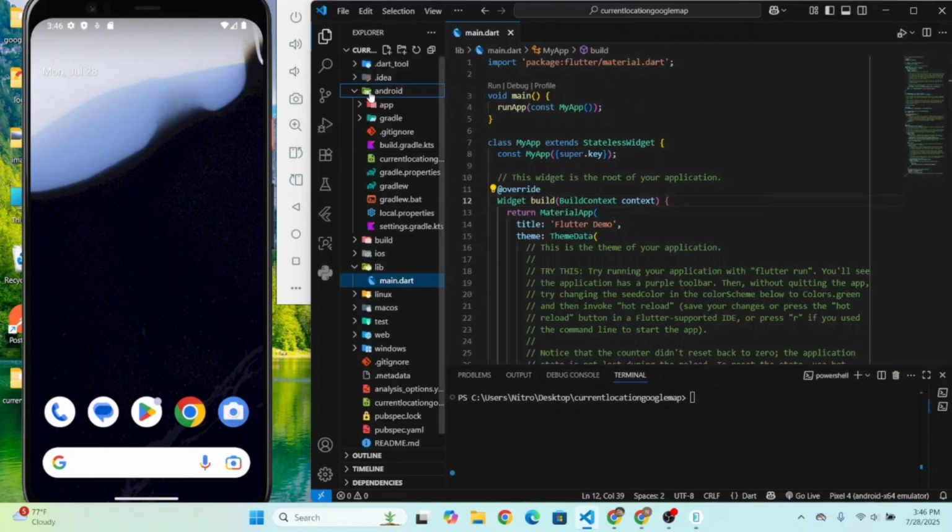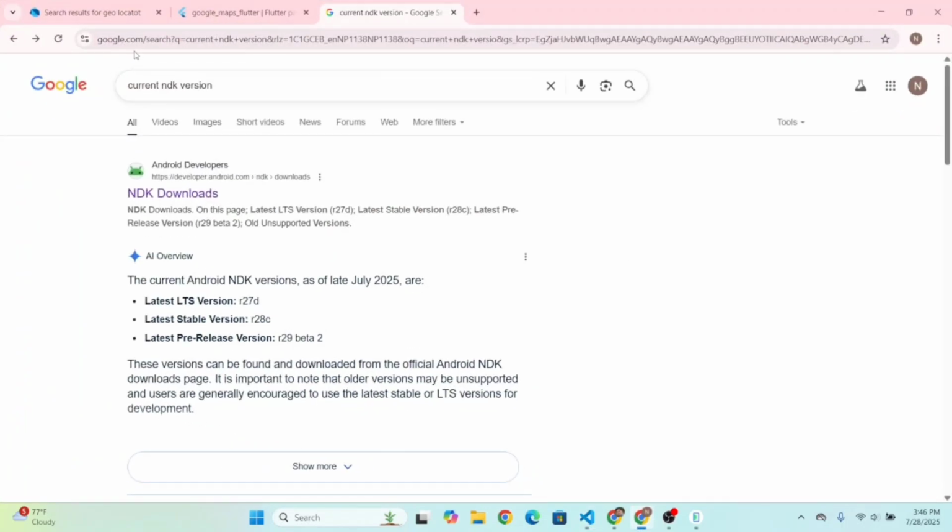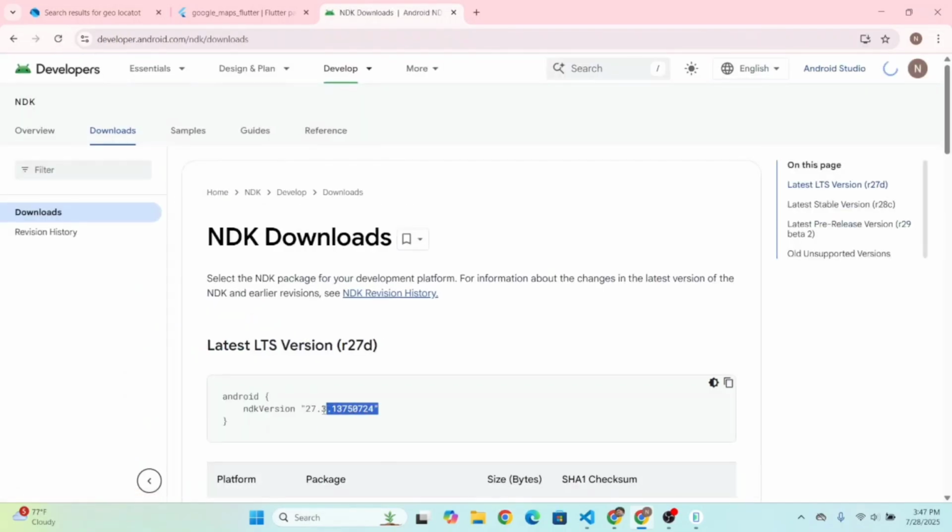Now let's open up the Android folder and app folder and this build.gradle.kts file, and over here we have to set the current NDK version. Now open up the browser and go to google.com and search for current NDK version, and you will get this link over here. Click on this link and copy this latest NDK version